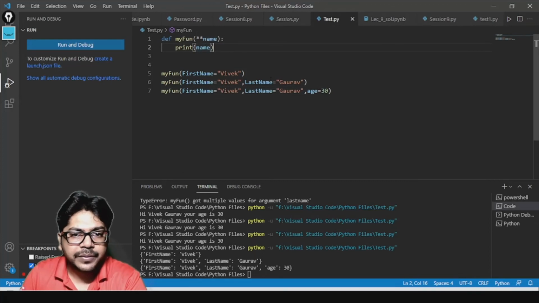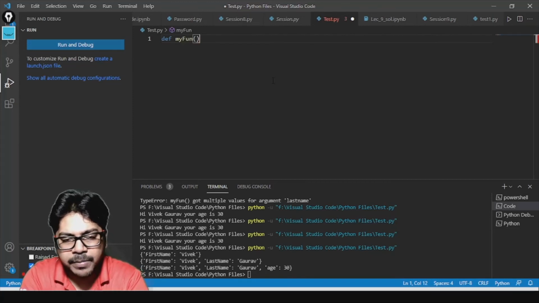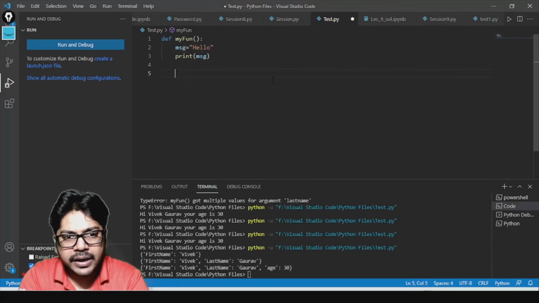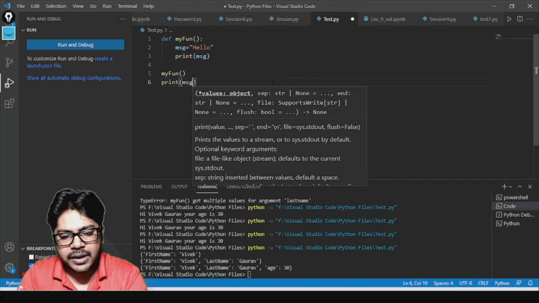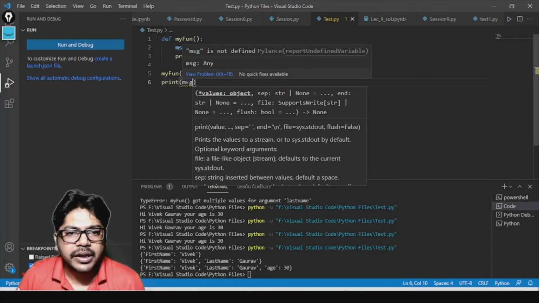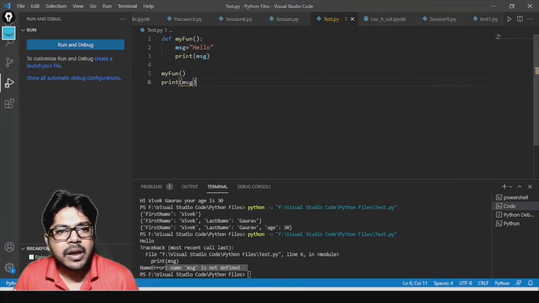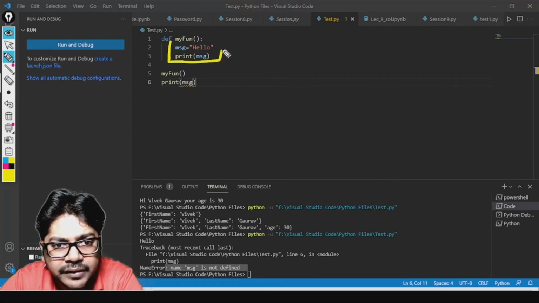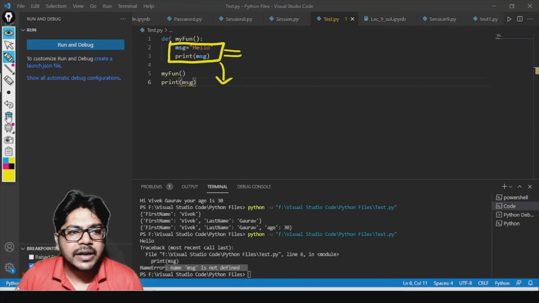Okay, like here only, let's create def my_fun. Here no parameter is required. Here I'm just having message is equal to hello, and then I'm just printing this message, simple, right? And here I'm going to call my function, and then I'm trying to access message. It is going to give me an error right now, you see: message is not defined. Even if I try to run it, I'm going to get the same thing, message is not defined. Why? Because it was a local one. Why was it a local one? Because you declared it inside this scope, inside this block. So it was available only till here. After that, it is not available.